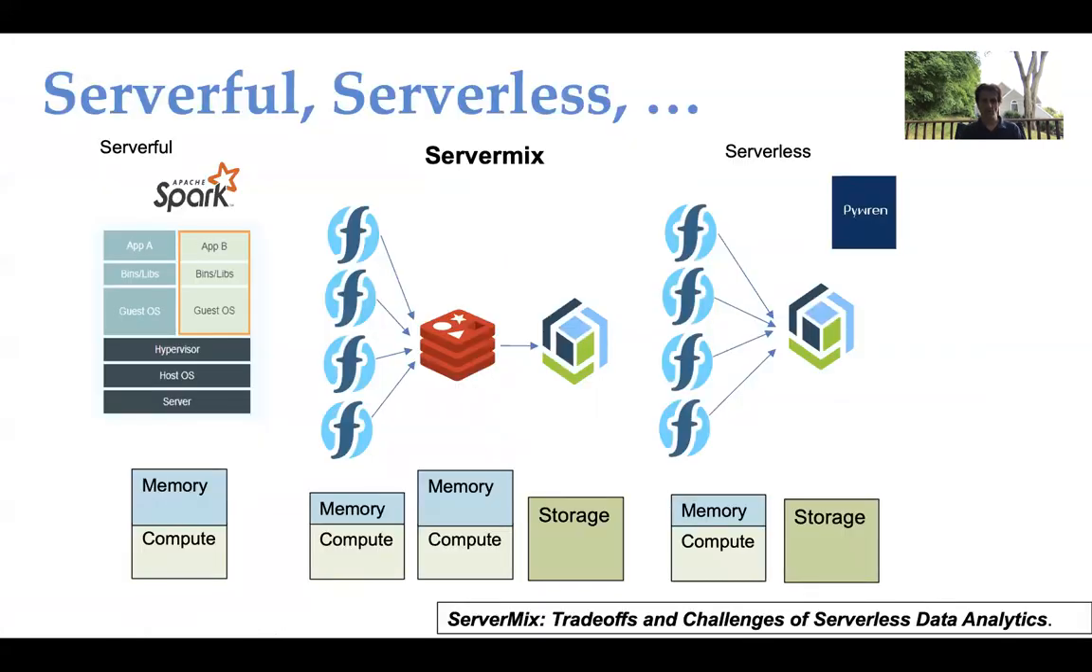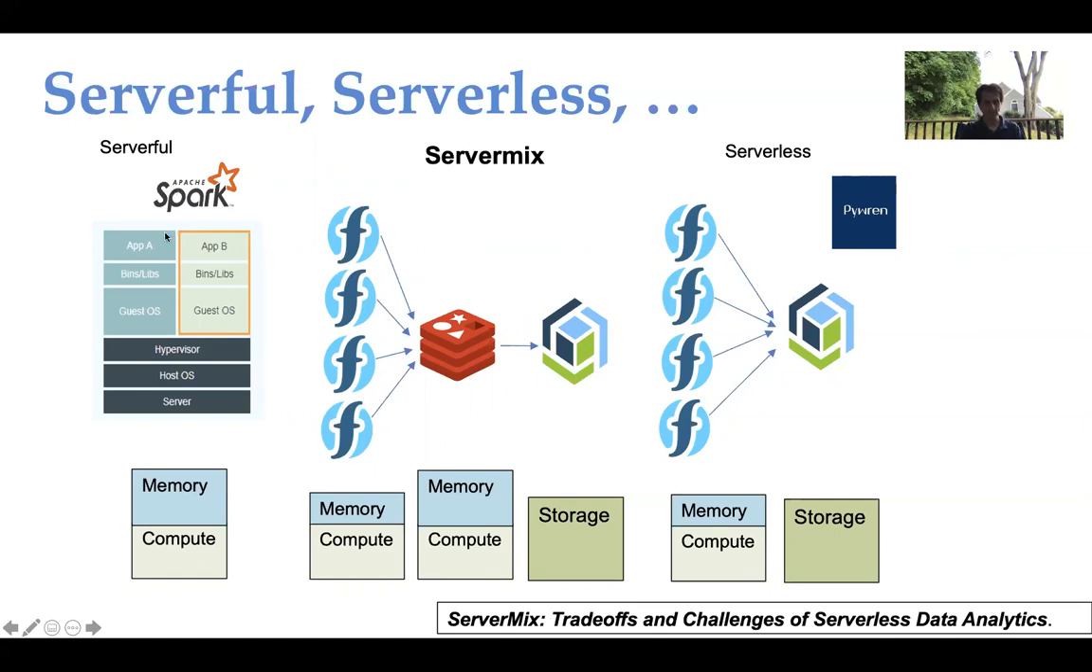Of course, everything is not that perfect. So there are trade-offs in using serverless computing. So I outlined this position paper that the consortium wrote together, Server Mix, Trade-offs and Challenges of Serverless Data Analytics, where in the beginning of the project, we analyzed the state of the art and these trade-offs of using serverless. And of course, we realized that serverless is very good for some scenarios, but in other scenarios, serverful can